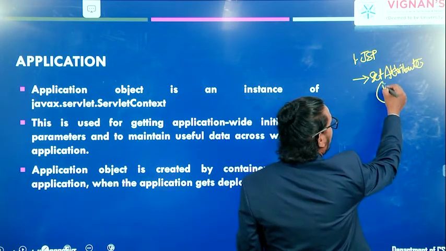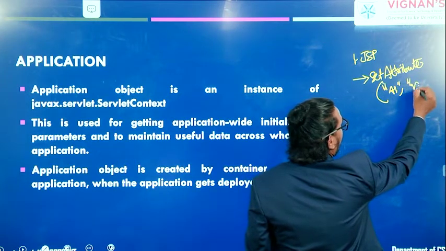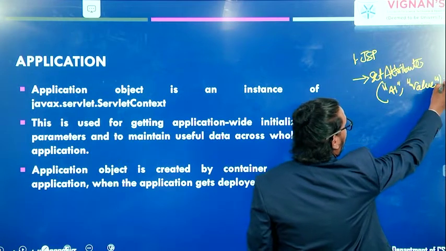First you have to use the attribute name A1, and next you have to pass the A1 value.